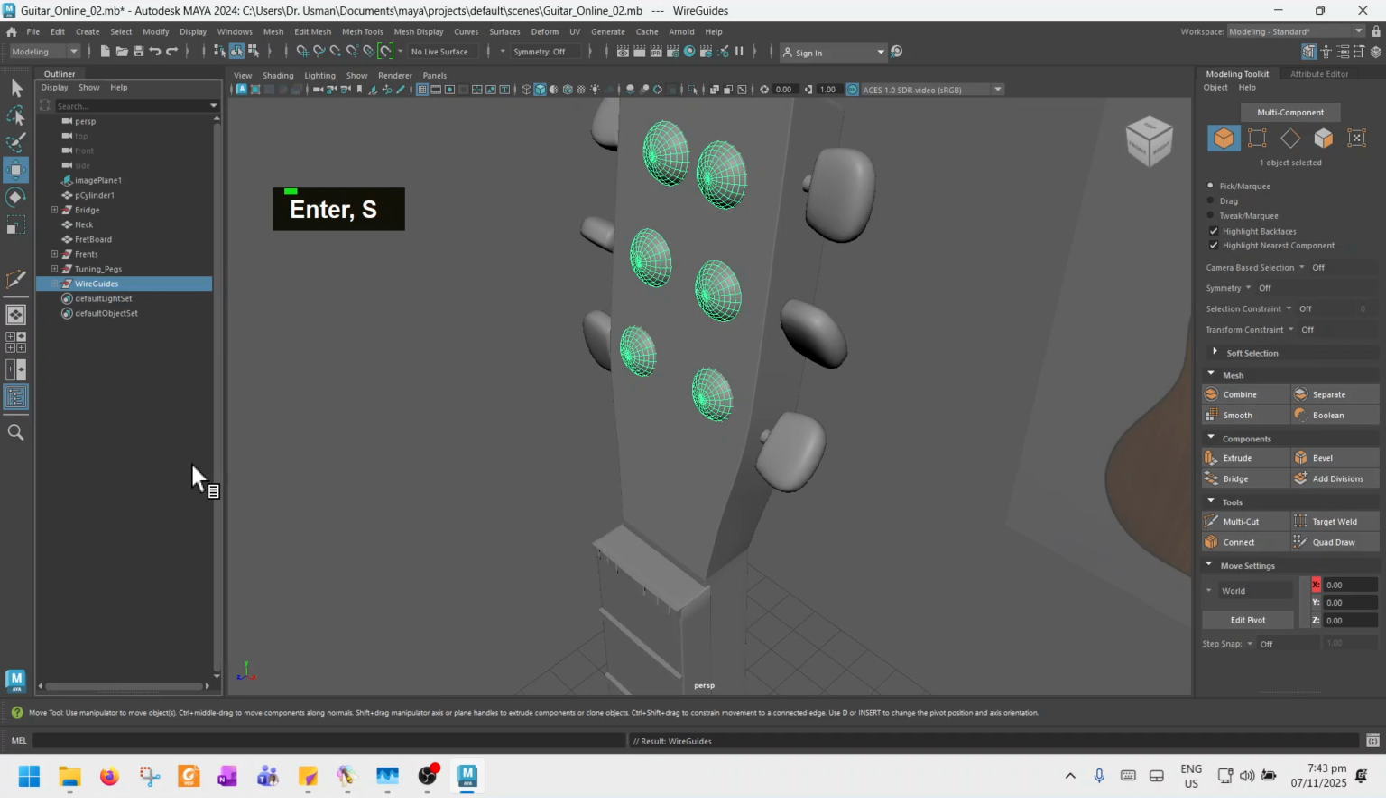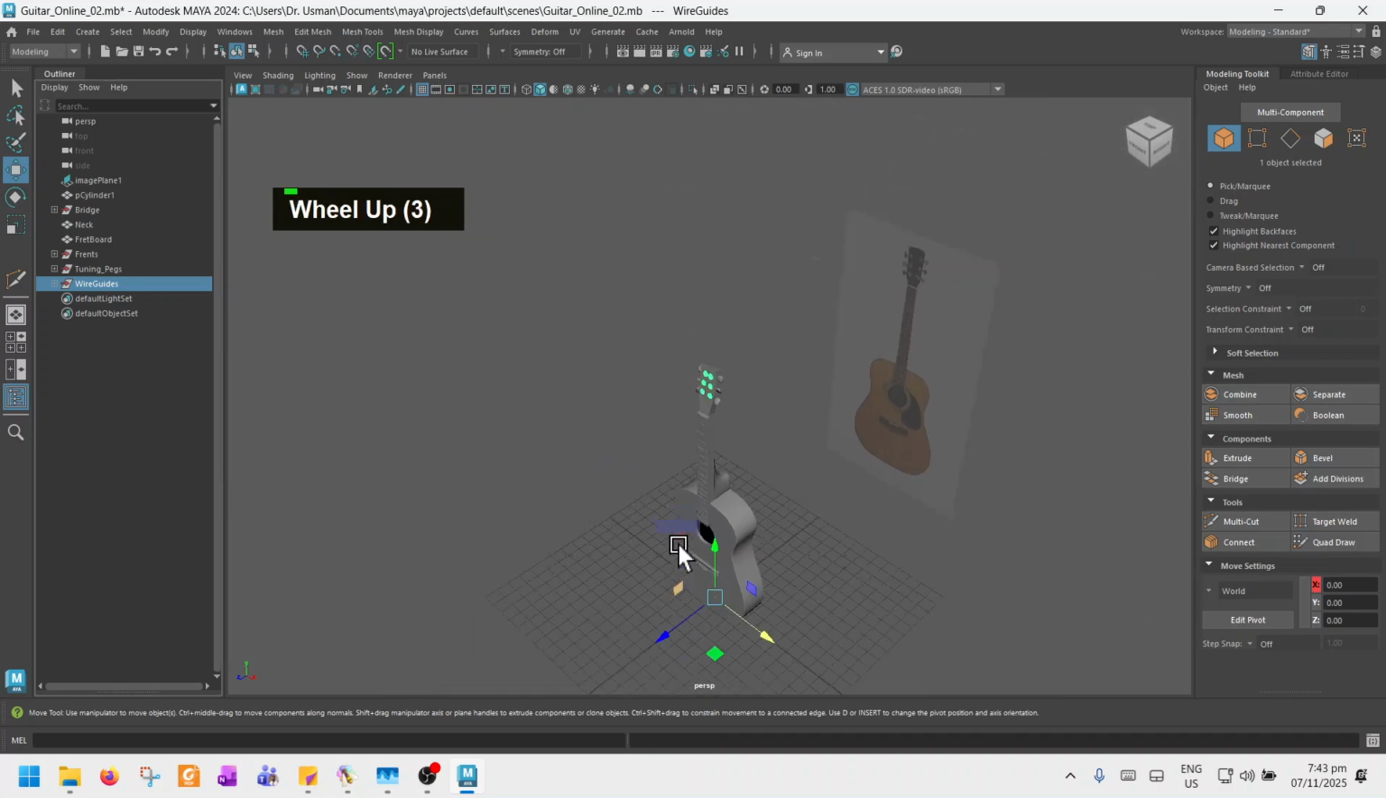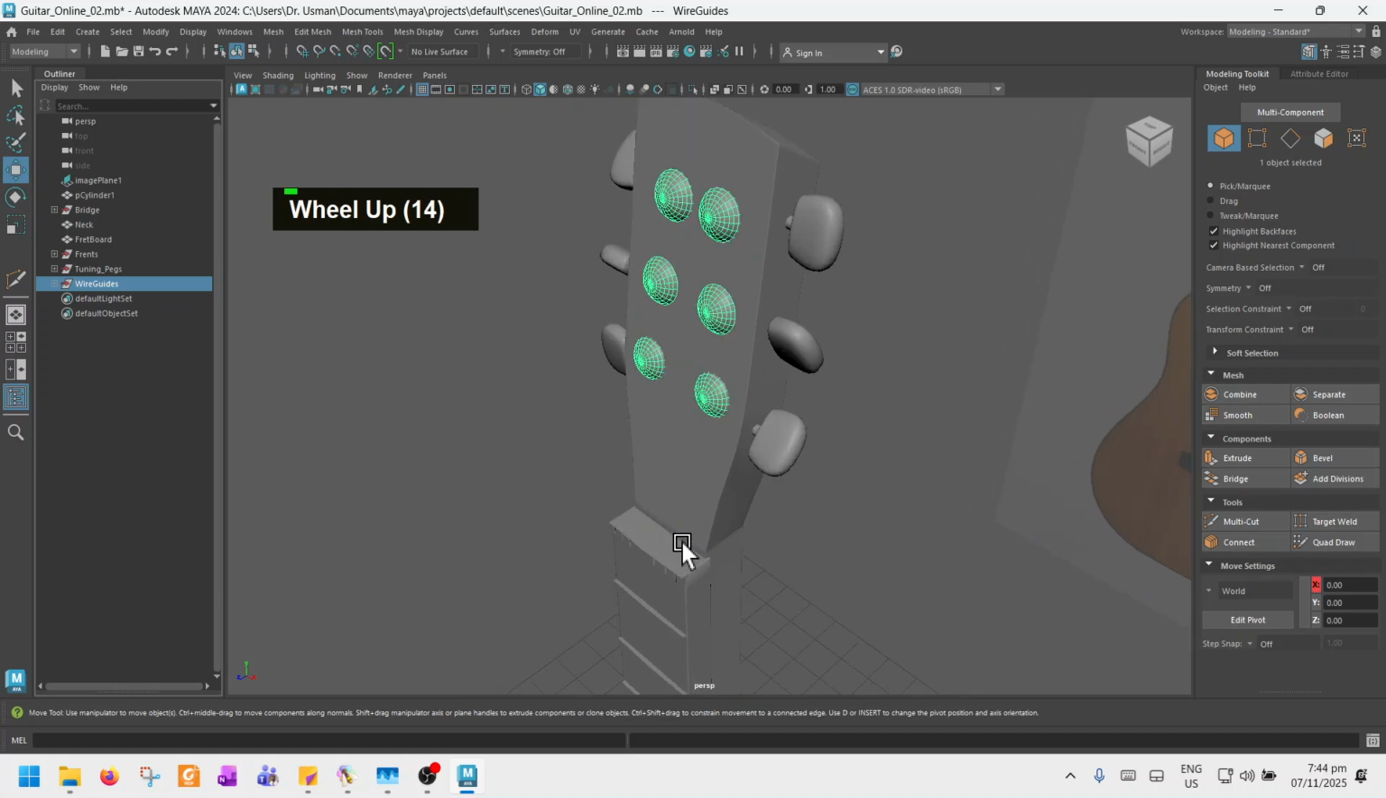Okay, so next left is wires. So for this, what we can use, we can use the, in the next video I want to make these wires. I want to keep it